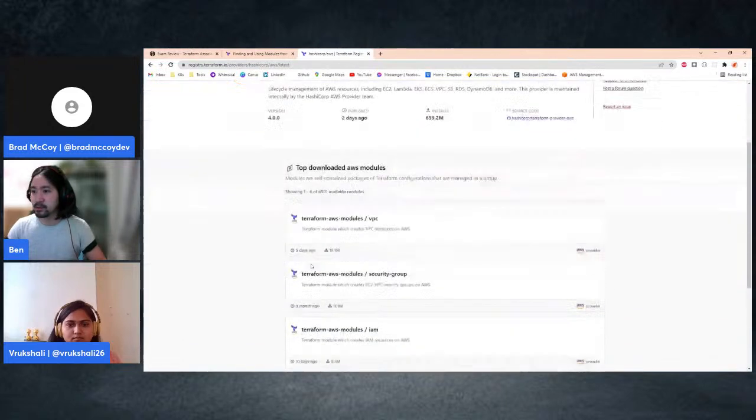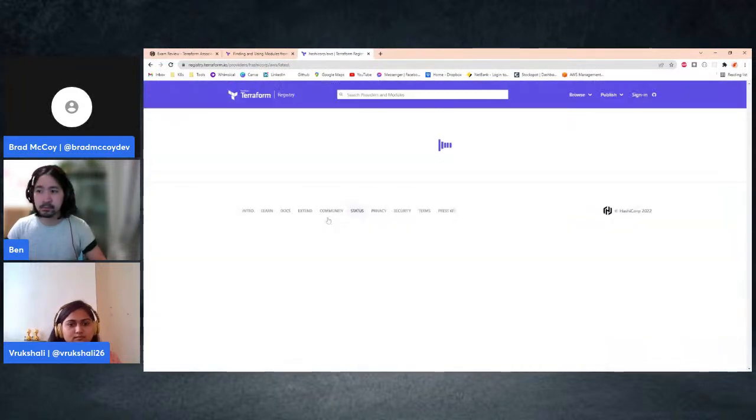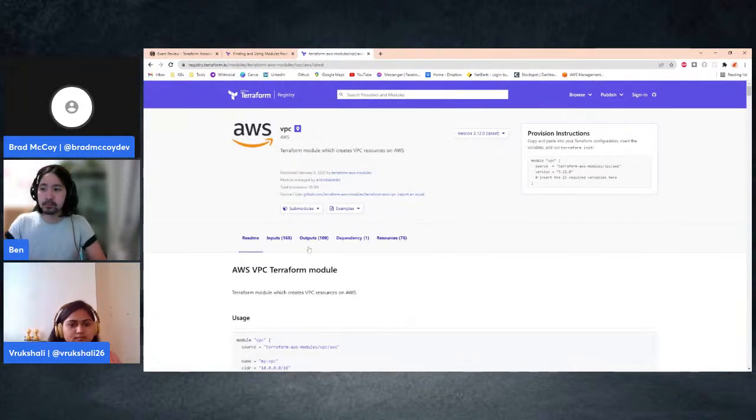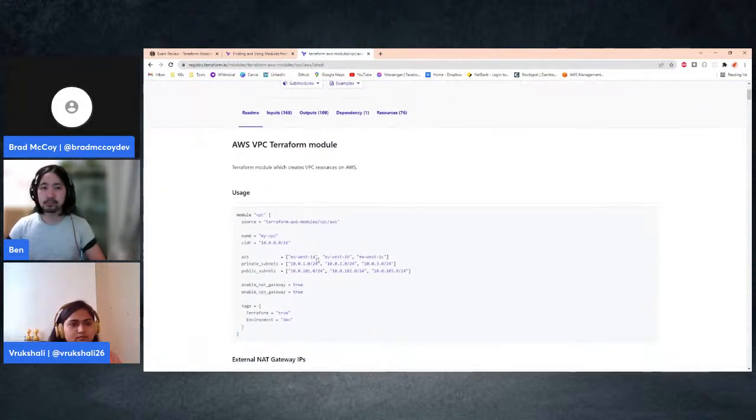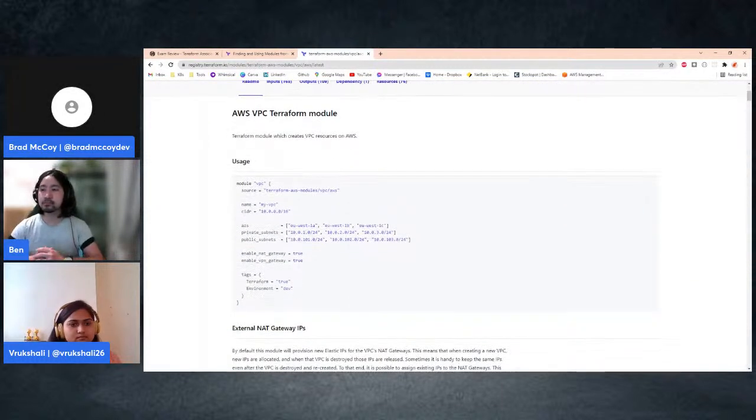I'll just click on any random one. Ben, when you've used modules as well, what's something that was maybe challenging to understand or took a little bit longer to grasp, if that makes sense? I think the biggest hurdle that I had with modules was understanding how to pass parameters from your main.tf up to a module, and that gets passed down to all the separate child